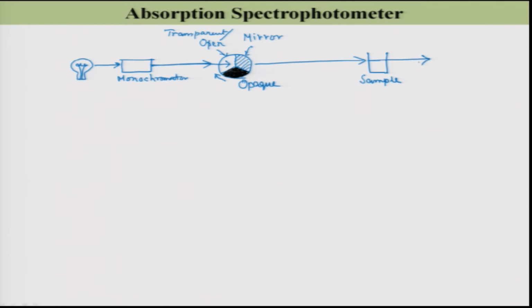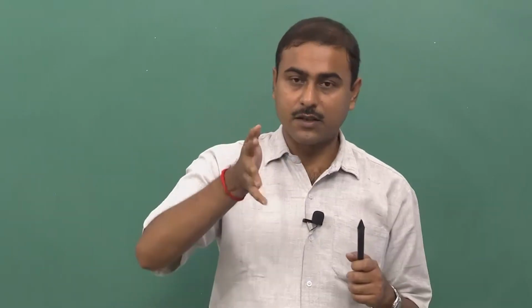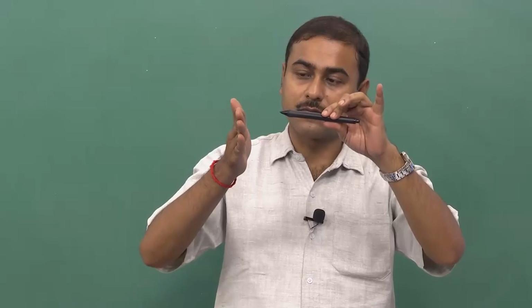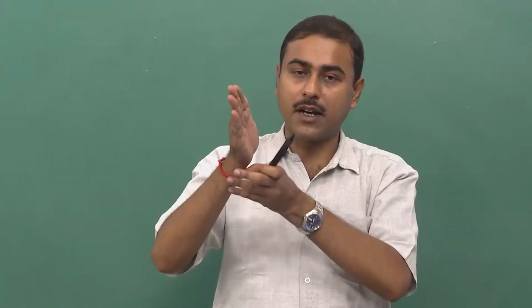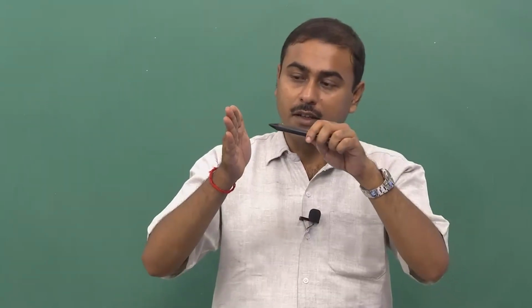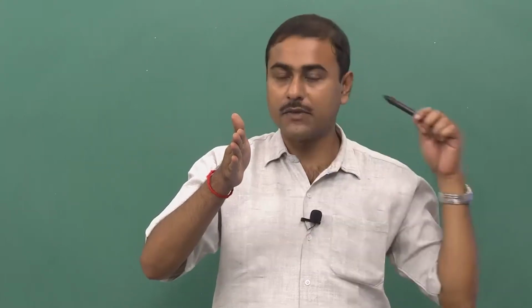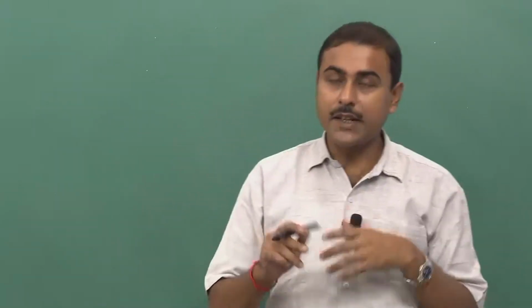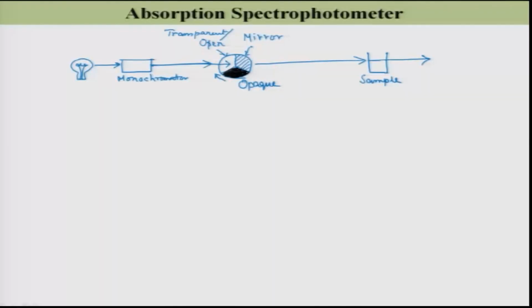However, whenever this incoming light from this monochromator encounters the mirror part, because this is a mirror system, right, this is a circular device. So, it is rotating this way. This is the incoming beam at some moment. Let us say this is the opaque part, this is the mirror part, and this is the transparent part. So, when it touches the mirror part, it will be reflected back, and when it touches the transparent part, it will pass through, right. Let us say we have made the system in such a way that it will be reflected along this direction,